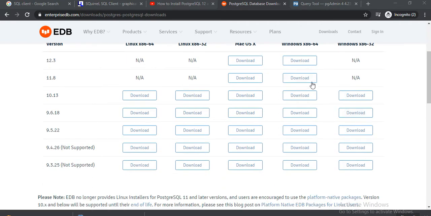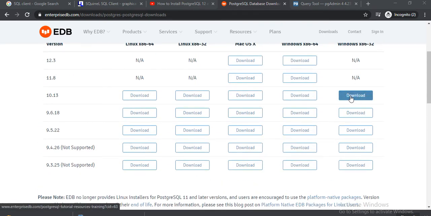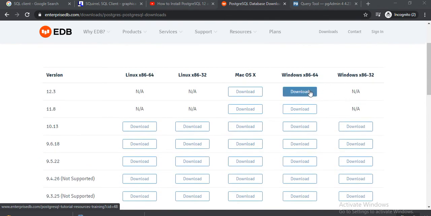My system is Windows 64-bit, as you already saw, so I am using this link to download the software. You can click on the other one if your system is Windows 32-bit. This is the most advanced version. So I am clicking on this.